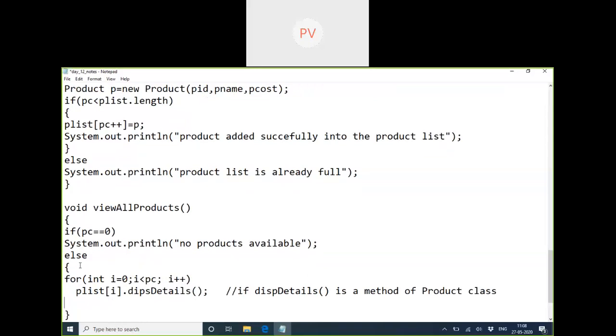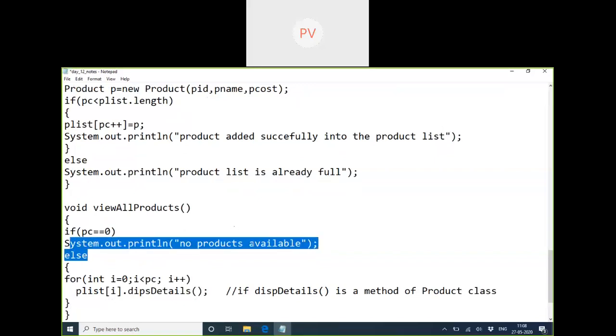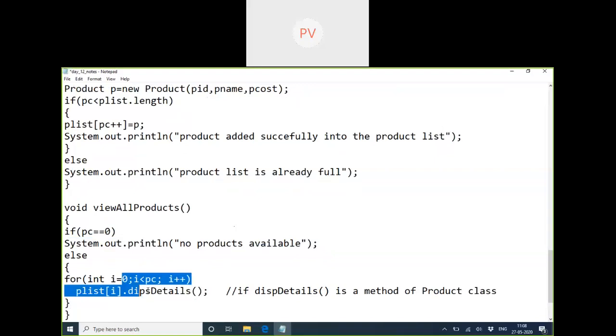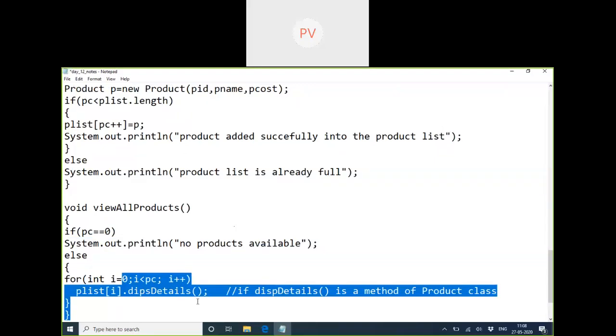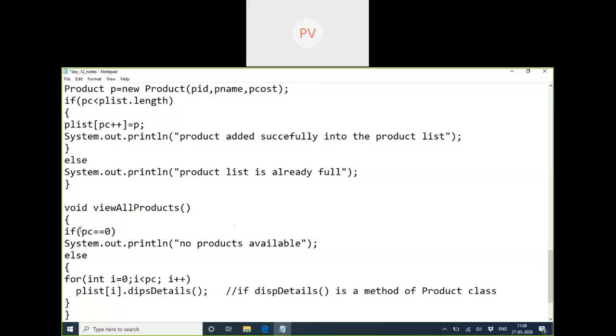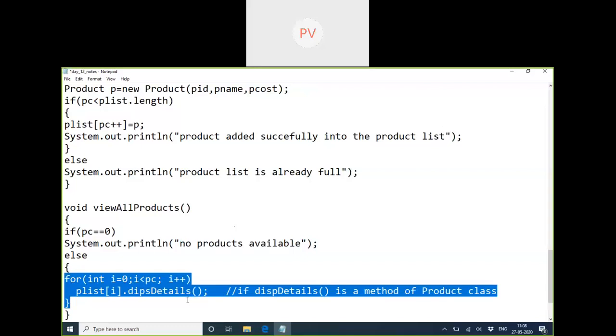If there are no elements, I want some message on the screen, not a blank one, because the loop only displays details if products are there. So first analyze whether products are available; if not, display this message and come out. If even one product is available, the loop will take care of it. Is that clear?